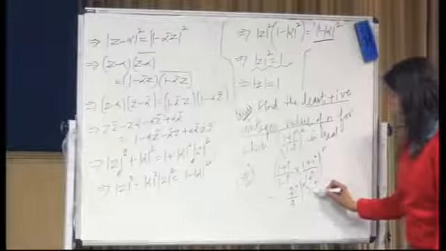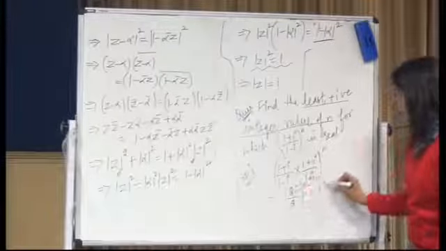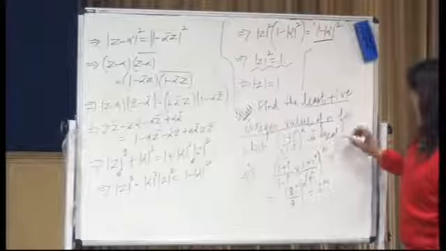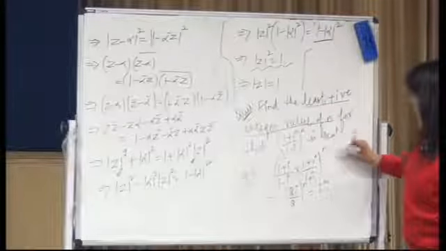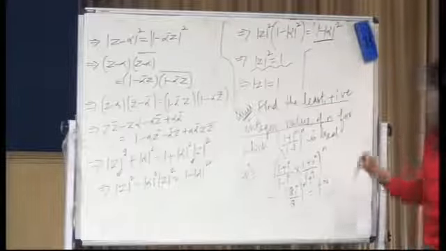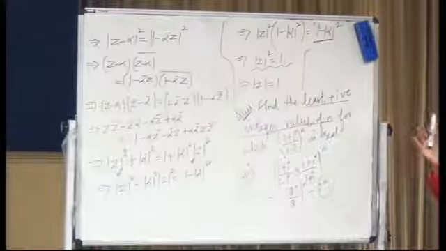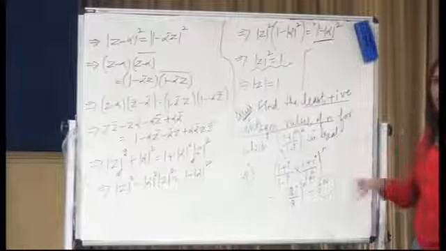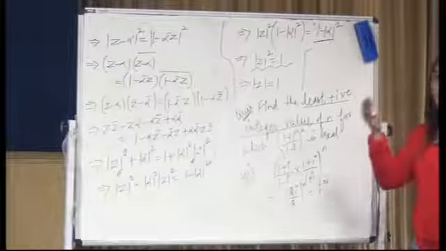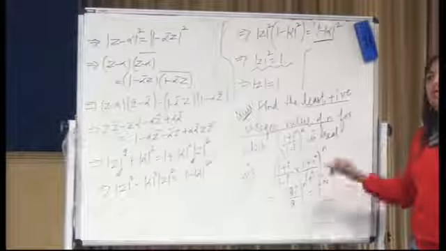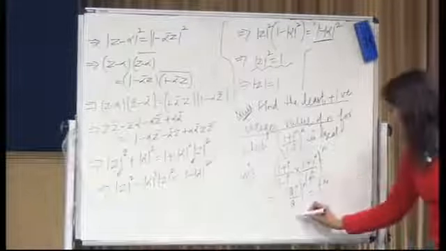So iota to the power n, I am asked that this number should be real. So what should be the least positive integer value of n? If I take n as 1, it will be iota. If I take 2, it will be minus 1. So the least value becomes